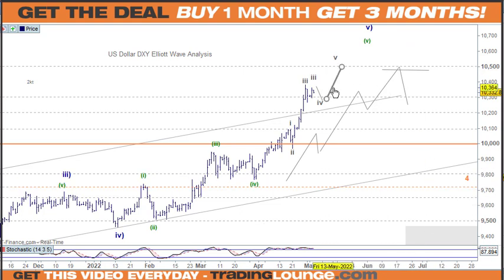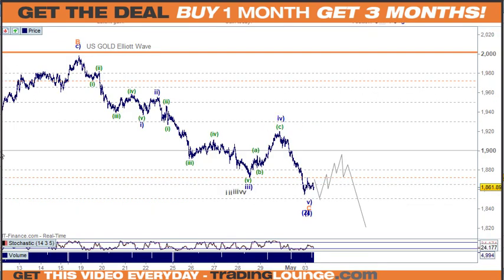We're short in the euro at the moment. We've been short in the euro all the way up through here, so we've done a fantastic job in the euro US dollar. But yeah, I do think this has got one more push there. This is a nice looking third wave in here, so we'll see some type of correction here and then another push to the upside. So over to gold.